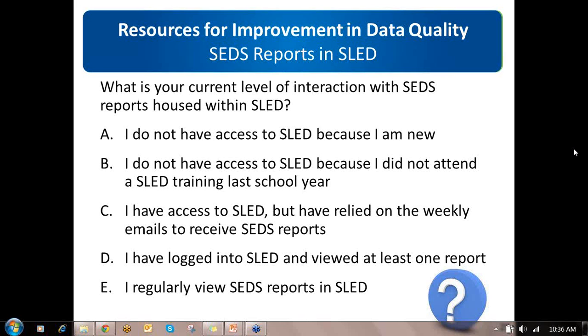And then for the rest of you, it sounds like you have not yet been trained. There have been a few opportunities in the past few months to get trained. I have not heard yet from the SLED team what the next training date is, but please, if you have not yet been trained, write down this email address. You need to send them an email today and ask them when you can receive training. And the email address is